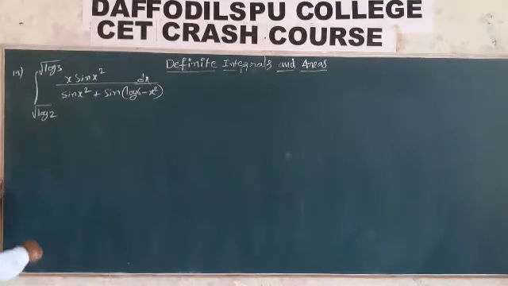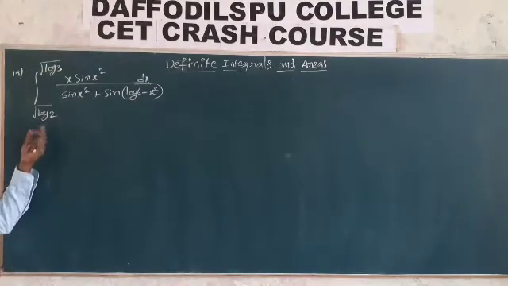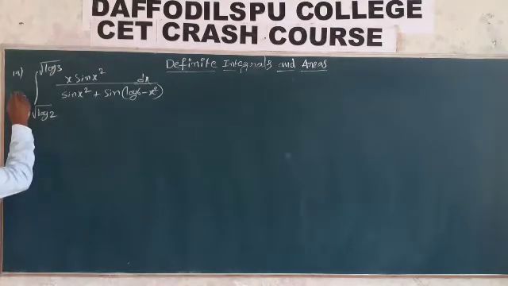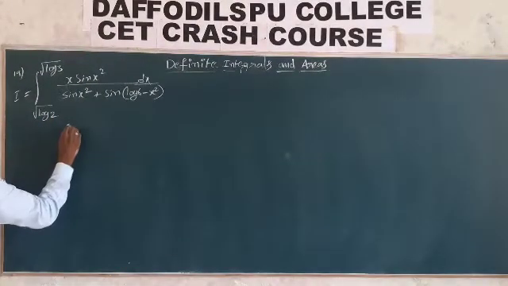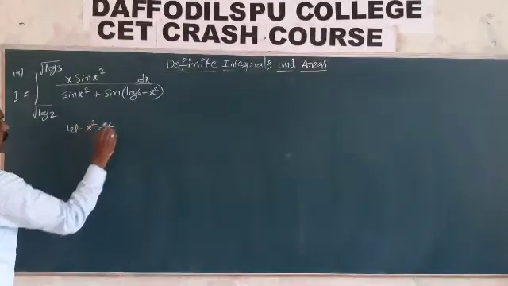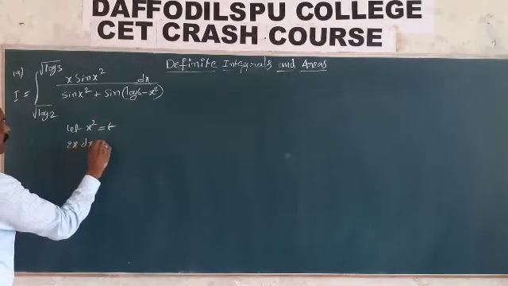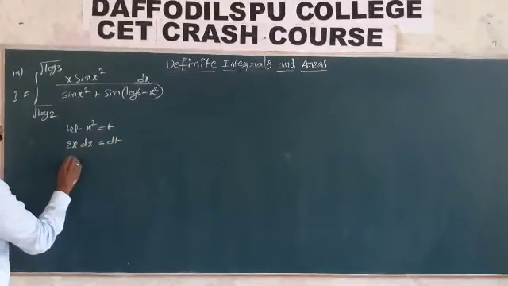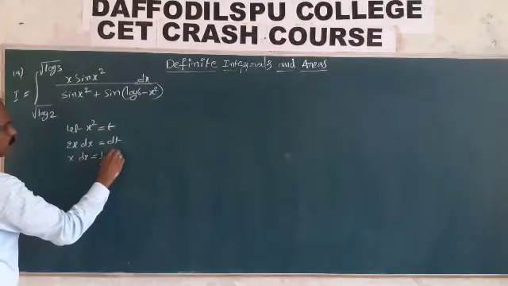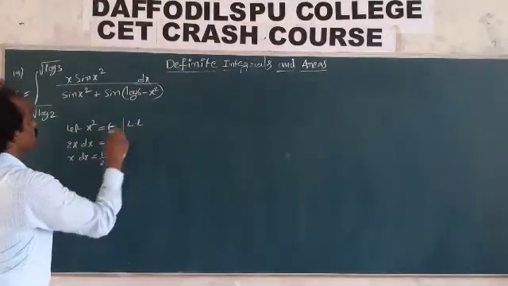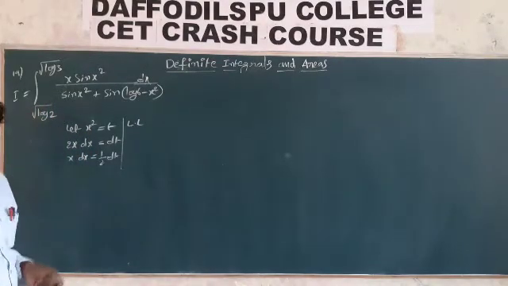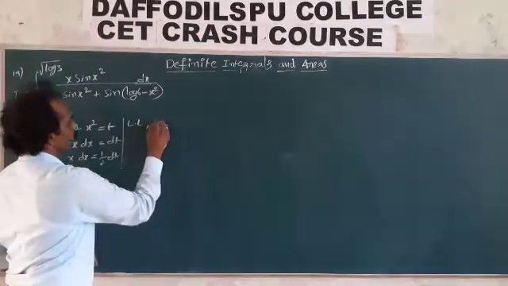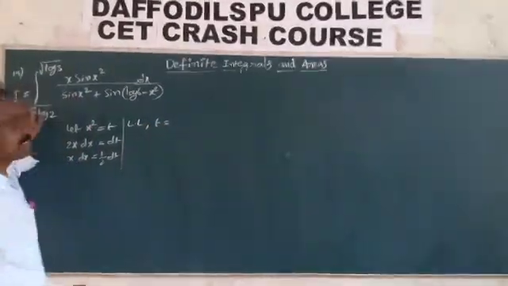Right. So this is an integral from a to b of f of x. Now, the property is there, but before that, x squared is there. Let x squared be t. Then 2x dx is equal to dt, so x dx is equal to 1 by 2 dt. And what is the lower limit? Put x is equal to root ln 2. Then t is equal to ln 2, since the square and root cancel.